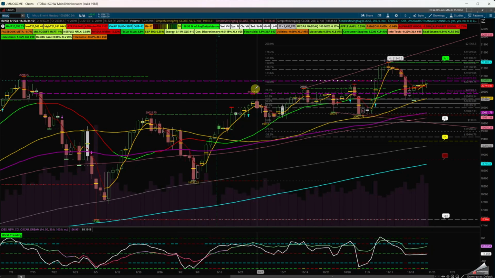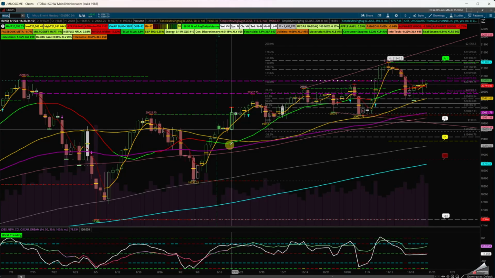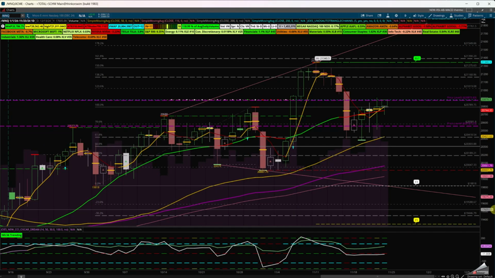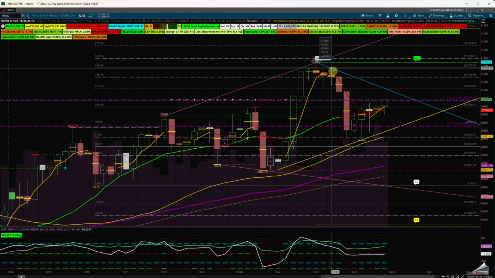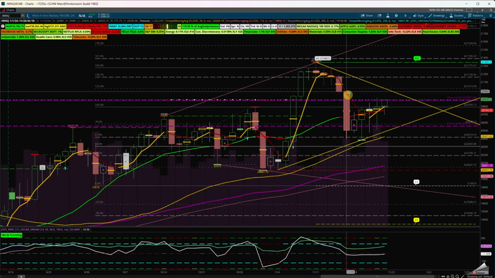we can see we created that W, came back, did that handle, we went sideways for a while and continued higher. We grinded back down, we fell back down. The NASDAQ is a little bit on the downside trend, even if I make a linear regression uptrend channel from here all the way to here. I am in a symmetrical triangle on the NASDAQ trying to clear that big engulfing candle down.